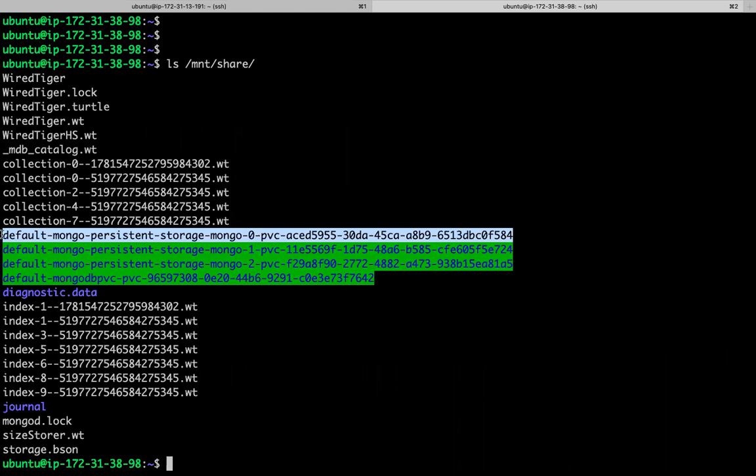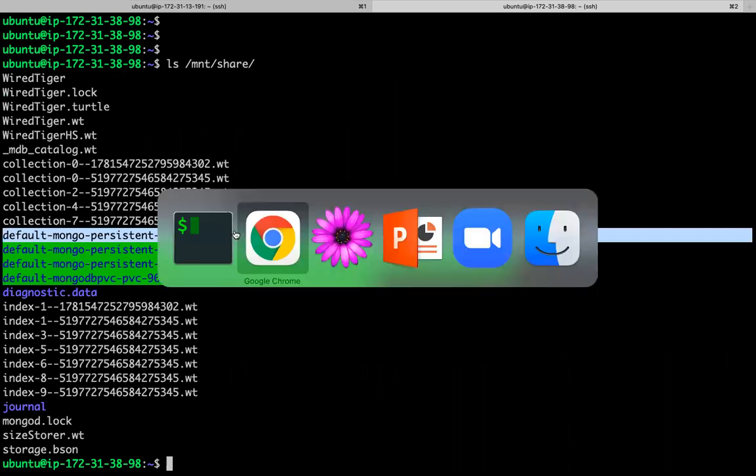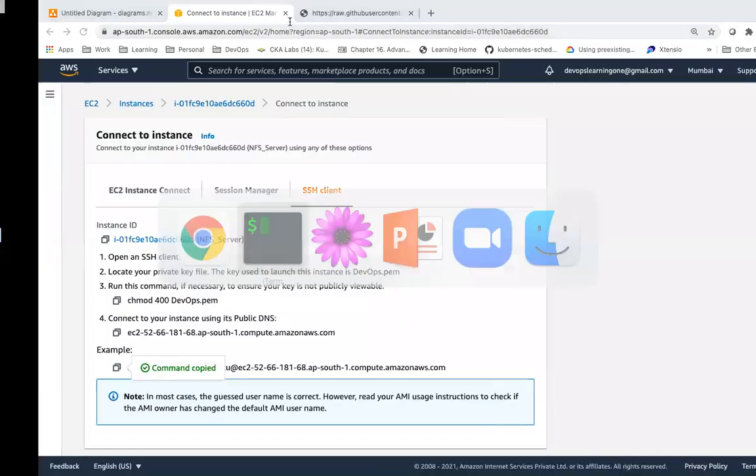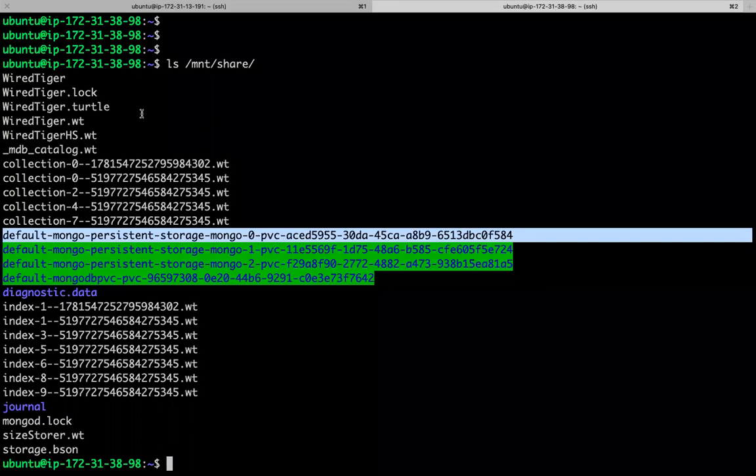So this directory is maintaining which pod's state? This one, this pod 0.